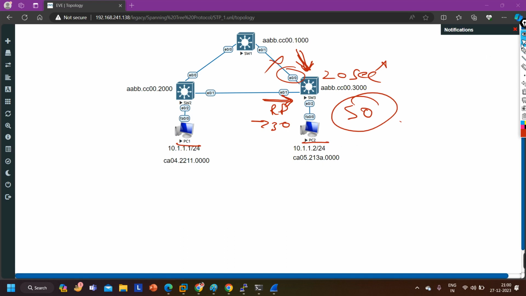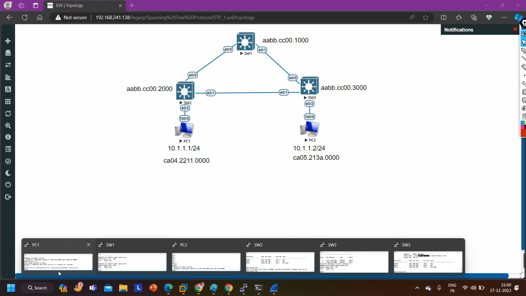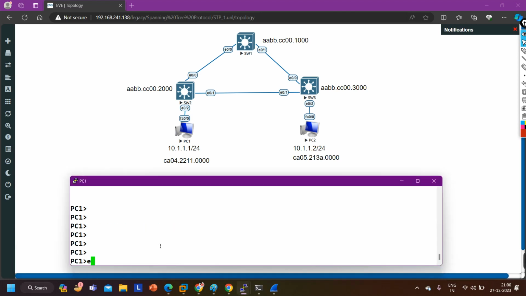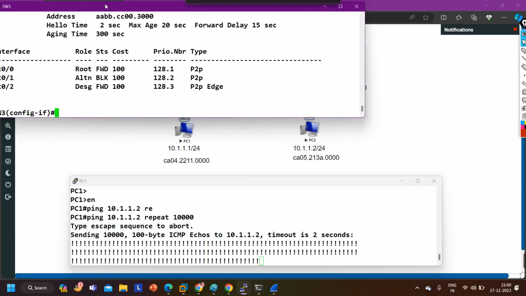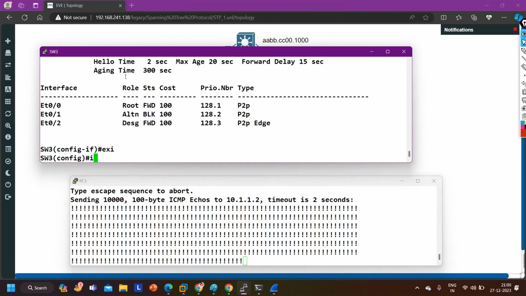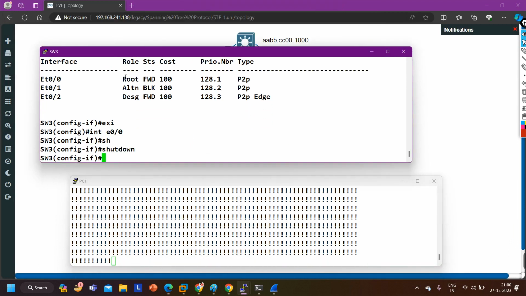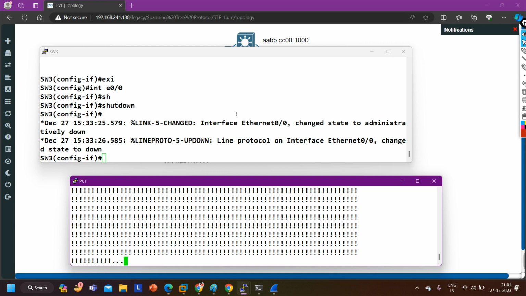We can verify it. How will we verify it? See, on PC number 1, I'm going to send 10,000 ICMP packets to PC2. Ping 10.1.1.2, say repeat 10,000. And then go to switch number 3, and on switch number 3, which port is RP? Interface 0/0, say shutdown. See, for 50 seconds, after 50 seconds, again PC1 can ping PC2, but for 50 seconds there is